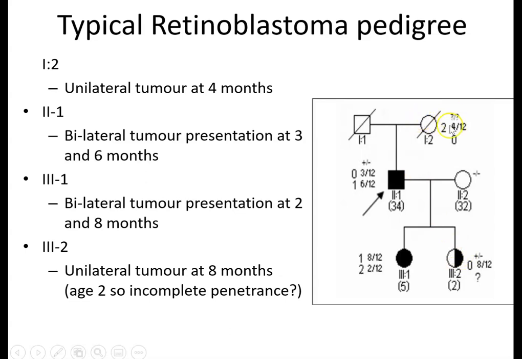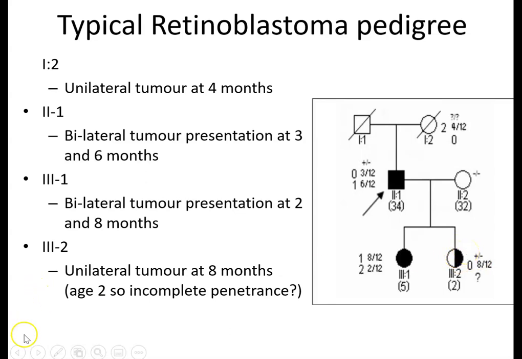So what we can see from this is this female here was the person who had retinoblastoma. We know that that was diagnosed at 4 months. 4 out of 12 is 4 months. And that question mark is we don't know about the other eye at all, presumably because the patient can't be clinically examined. This patient, we know that they presented at 3 months and at 6 months, and their offspring, with someone who was obviously not retinoblastoma positive, presented with a tumour in each eye at different time points,